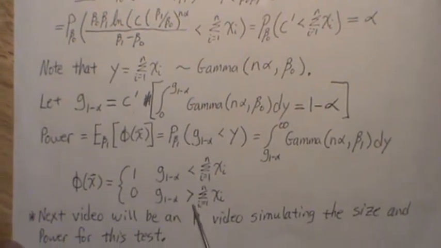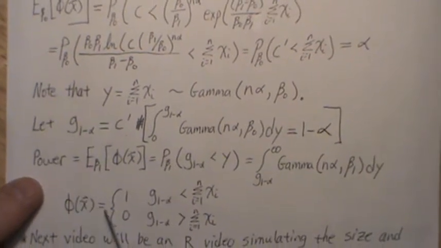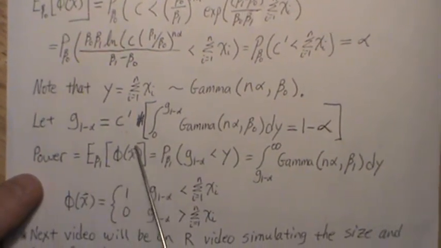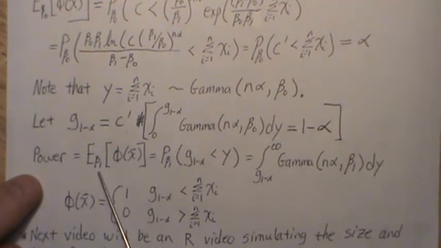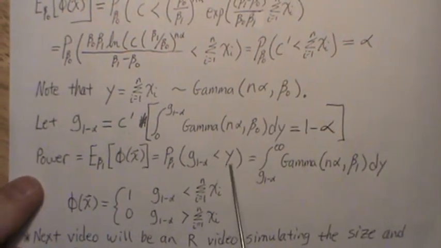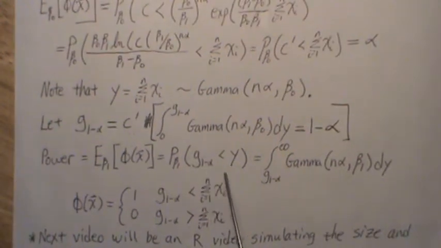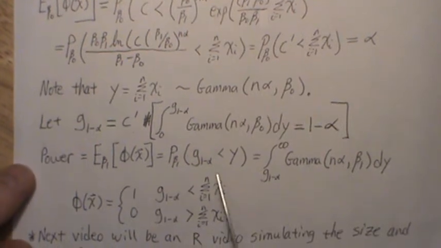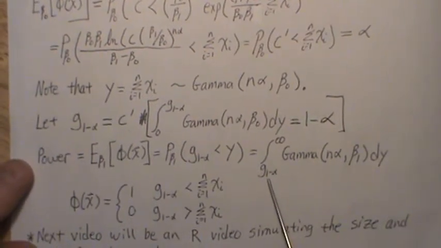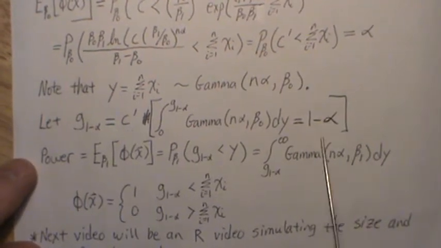Now, the power is the expected value of our test function under the alternative. So beta 1 is true. We want the probability that y is greater than this critical value. It means we're rejecting the null hypothesis, of course, when we should. That's what power is. So it's the integral from this critical value to infinity of this gamma distribution with parameters